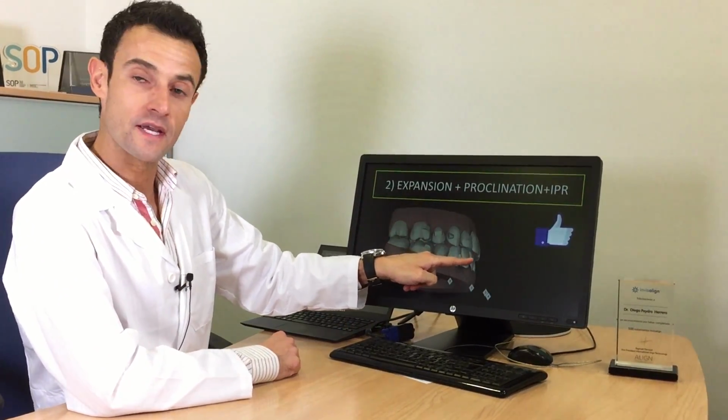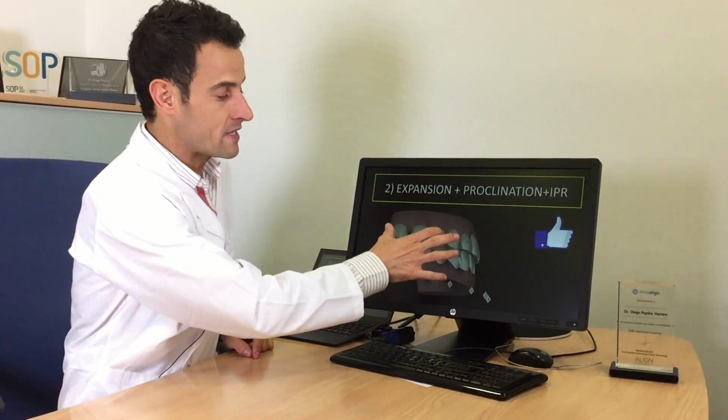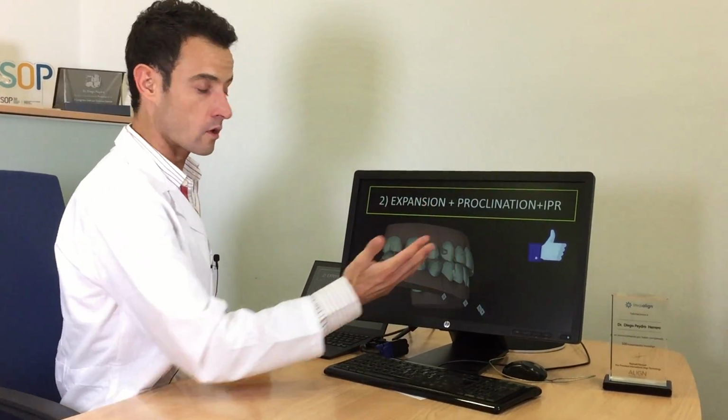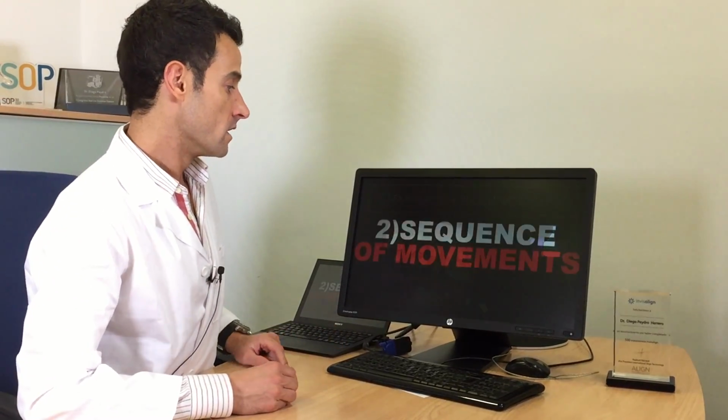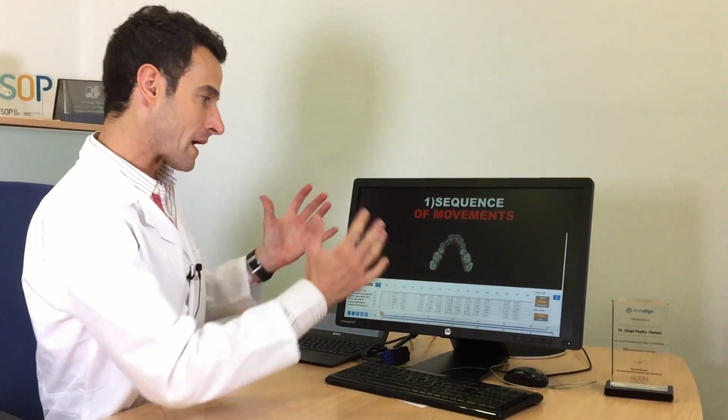Because I need overjet, because I have some class 2. So to solve this class 2, I need overjet in order to let the class 2 elastic work to solve this problem. Okay, so the second movement is going to be expansion of the